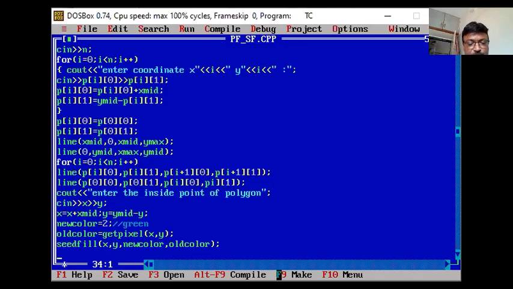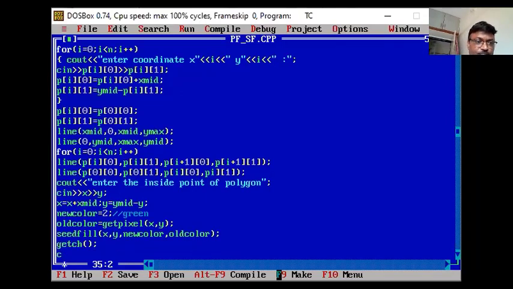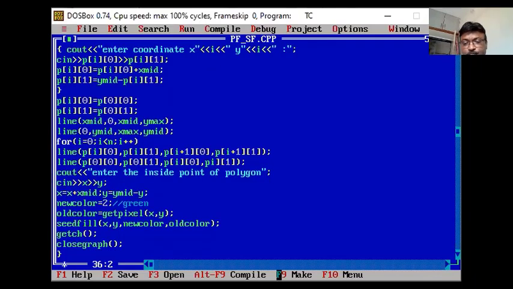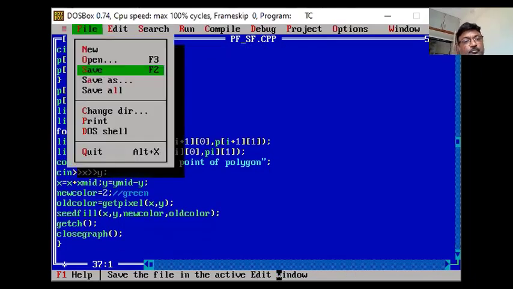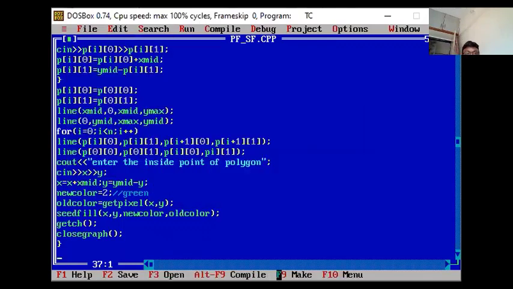So getch and then closegraph. I have to close it. So that I am going to show. Once you read this, I have defined the function. Then I have called it, but here I have to declare the function. Now go for void fill.